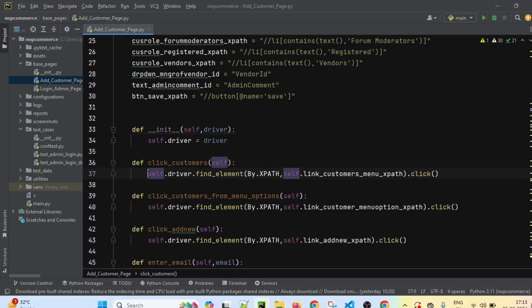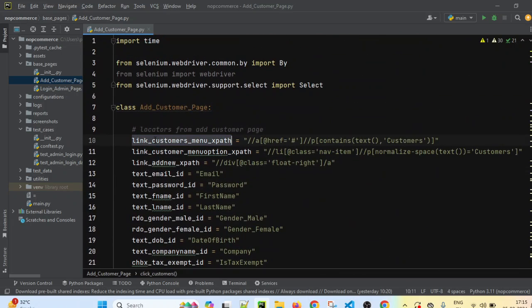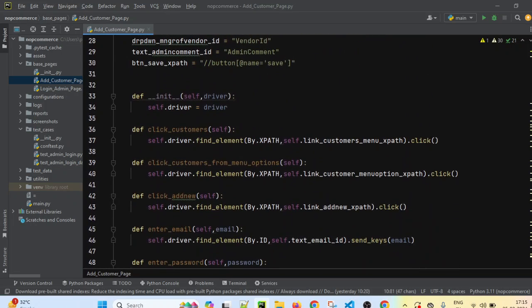In this I will just find using self.driver.find_element by XPath, self dot, this is the locator, customers menu XPath. This is the locator which we have defined here, that will locate this specific web element, that is the customers option from the left panel, and then it will click on that.